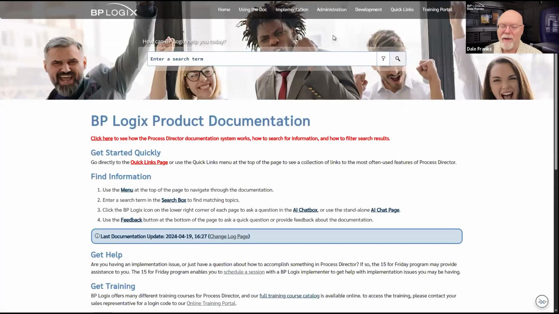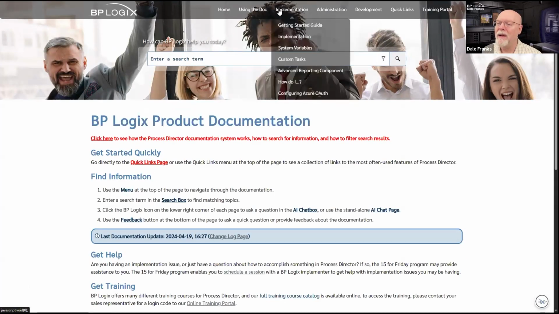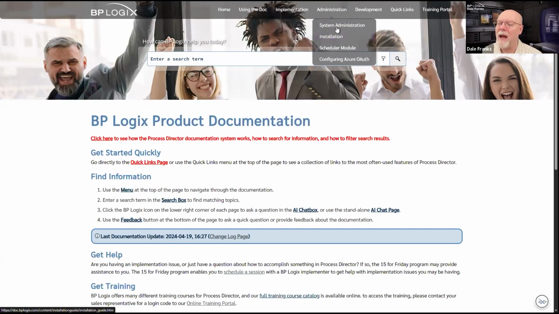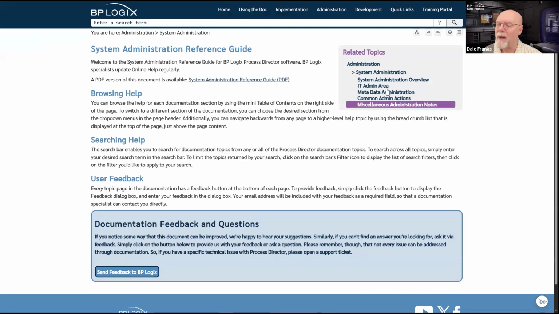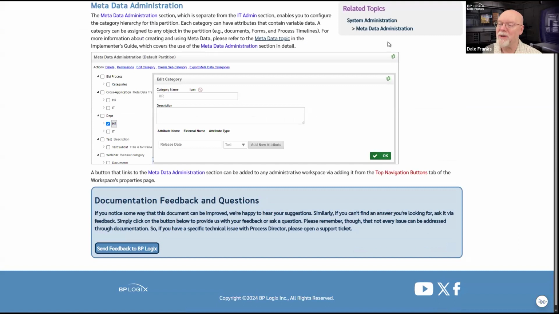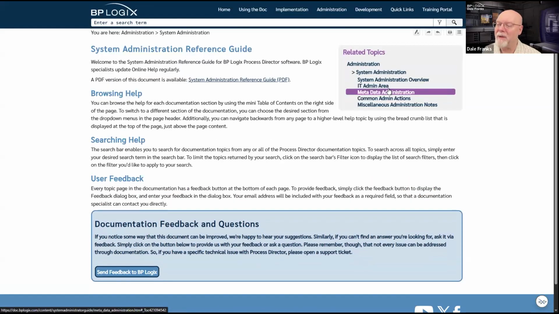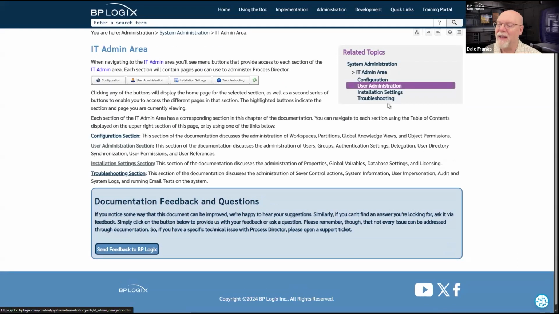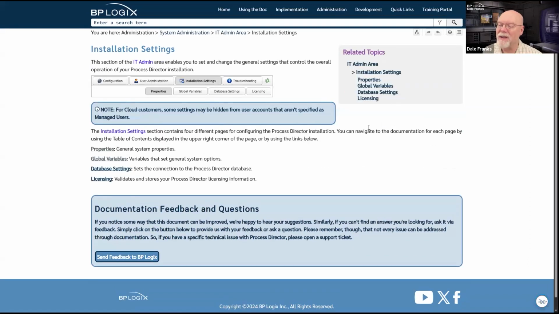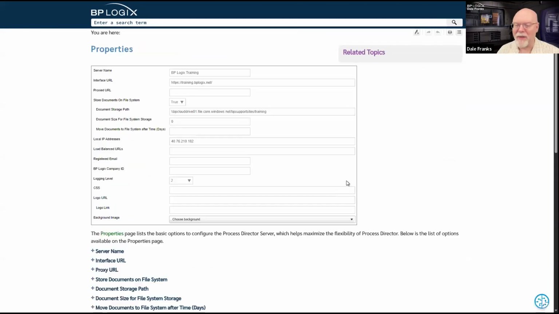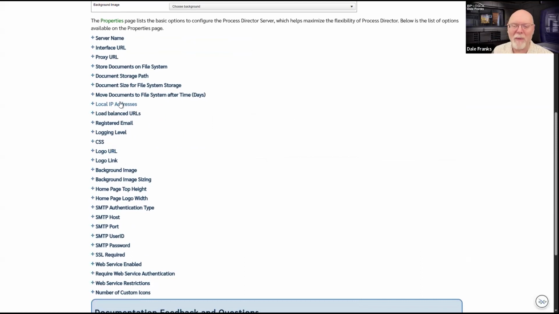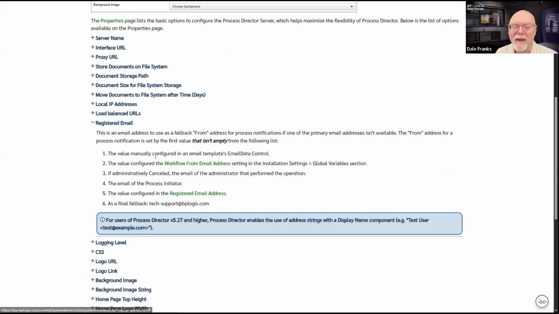It should be in administration and metadata administration. No, not metadata administration. Sorry. IT admin area, installation settings, and it's either on the properties page or the global variables page. So we'll look for registered email. Okay. Yeah, this is where it is.